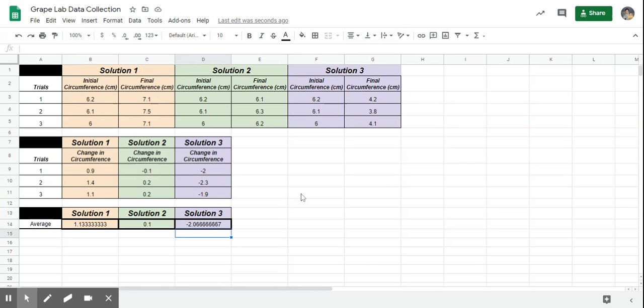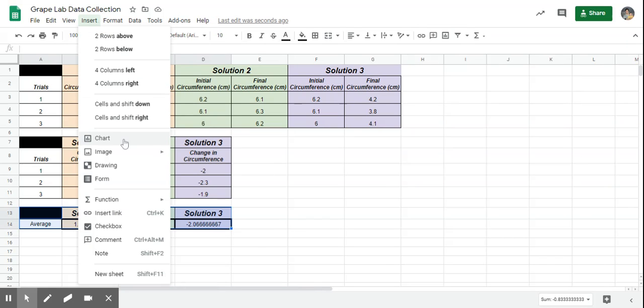One final thing we're going to do with this lab is now we're going to take these averages and we're going to make a graph out of this. So the first thing we have to do is select the information we would like to graph. I'm going to graph the averages. So I will now click and drag all of my information regarding the averages. Next, I'm going to use the drop-down menu at the top, Insert, come on down to Chart,